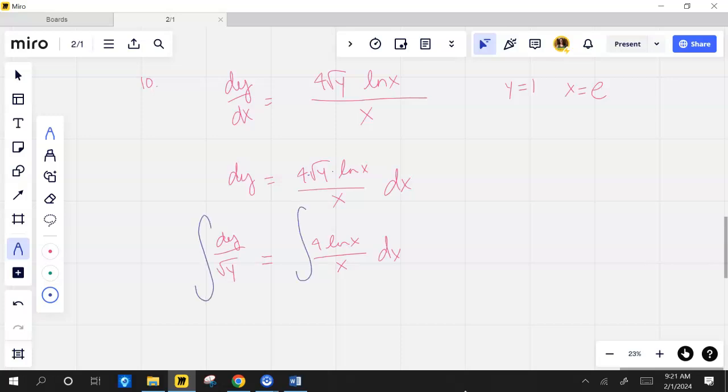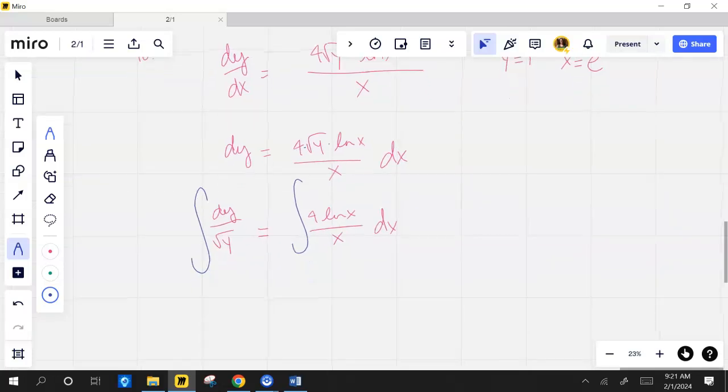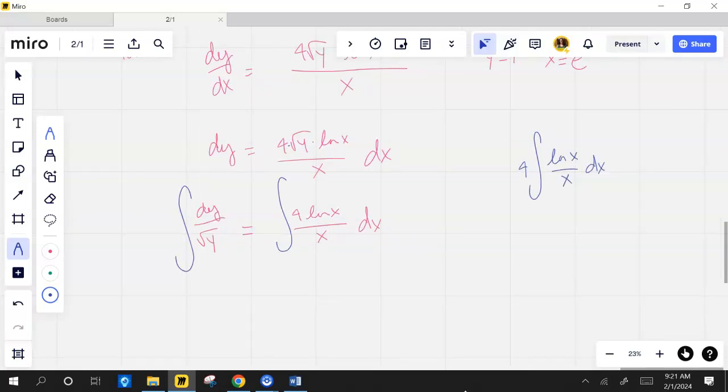Now, the reason I said this one was easy is we just did the right side of this in our homework. We did the integral of log x over x, because this was the one where you said, why can't I let u be x? Why does u got to be log x? Remember? So if I do the integral, I'm going to take the 4 out, and I have log x over x dx. If I let u be log x,